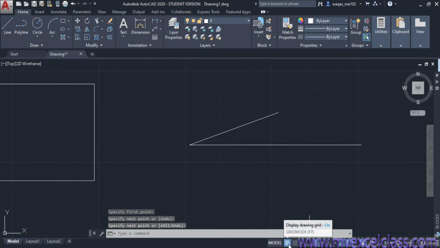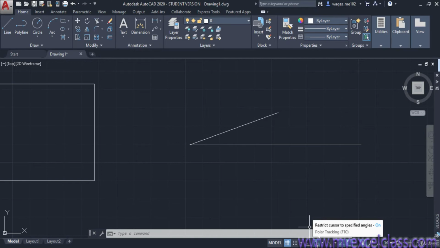We have covered grid, snap, ortho, polar, and the next one is the object snap, and this one is the object snap tracking. I will be explaining both. So let's start with the object snap.